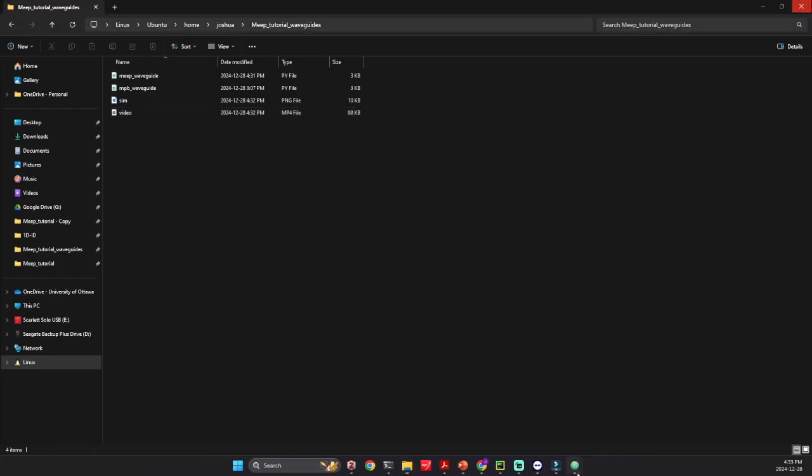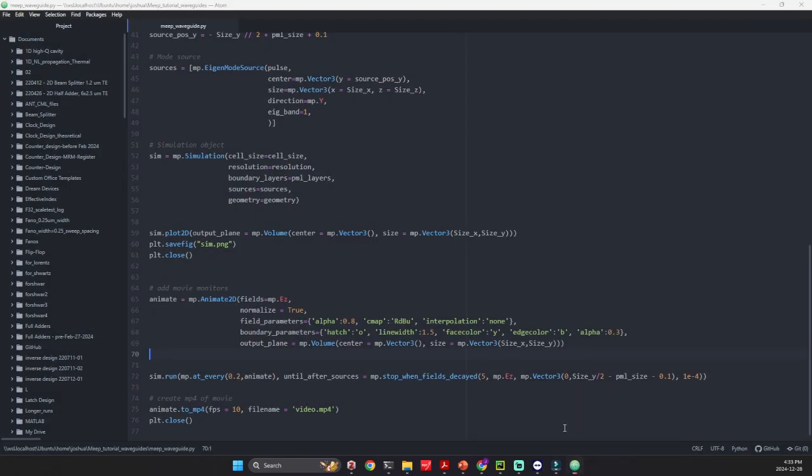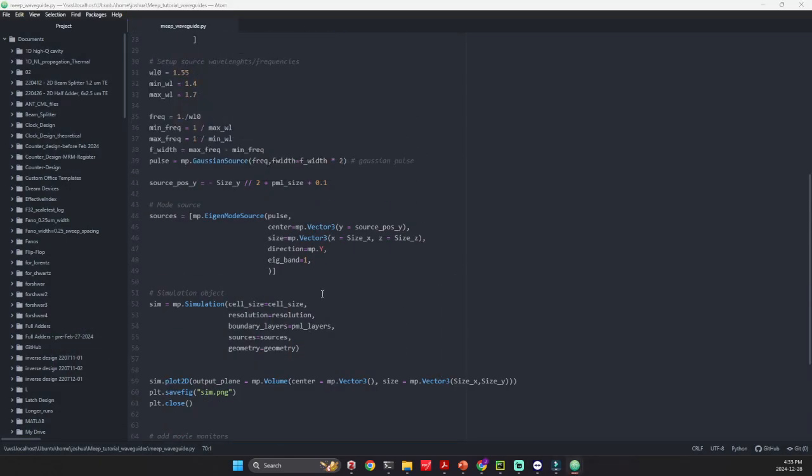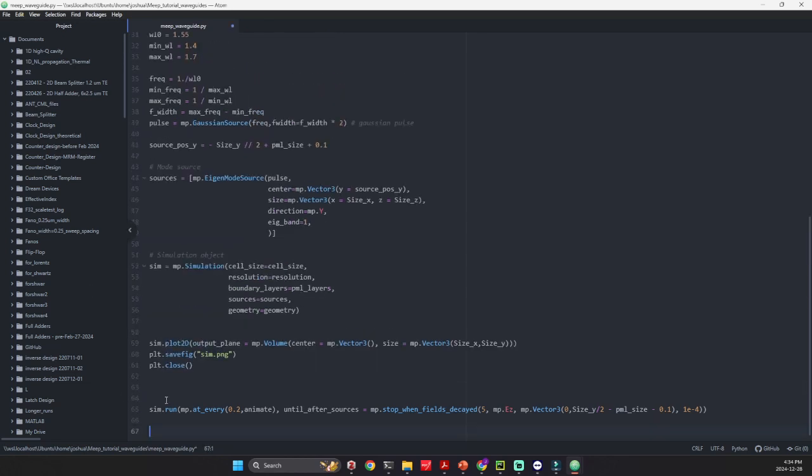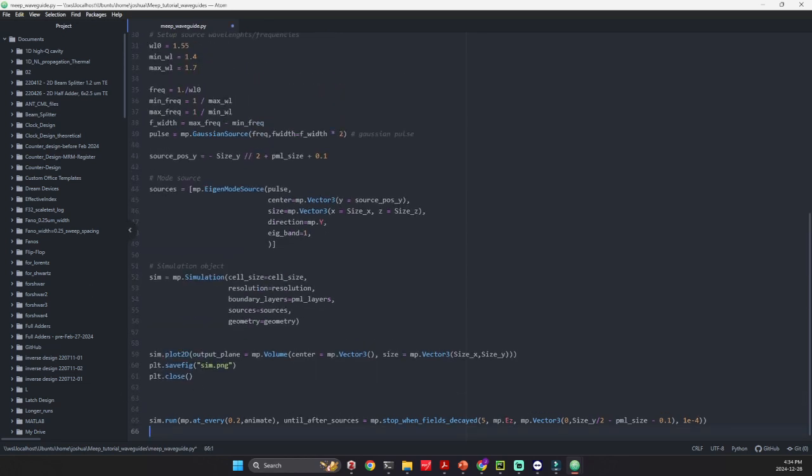Awesome. Okay, so now that that's done, now we can start adding in more complicated monitors. The first thing I'm going to do is get rid of the movie monitor, just because that takes up a bit of time at the end of each simulation. So let's just delete that for now. I'm now going to add in a DFT monitor, a discrete Fourier transform monitor, and that's